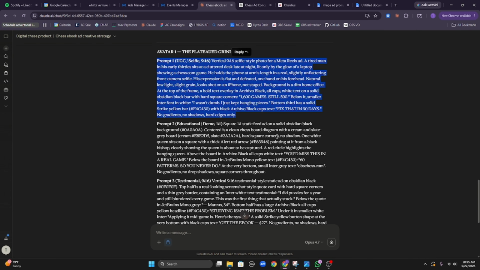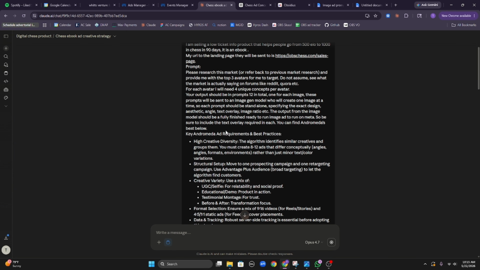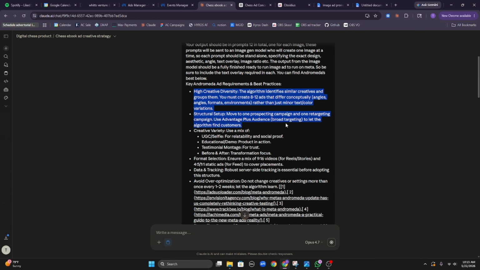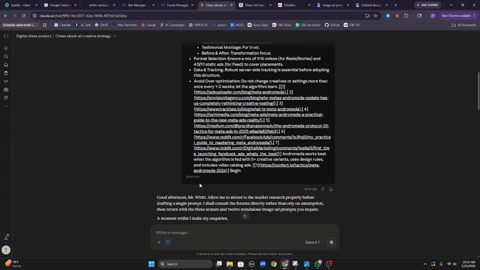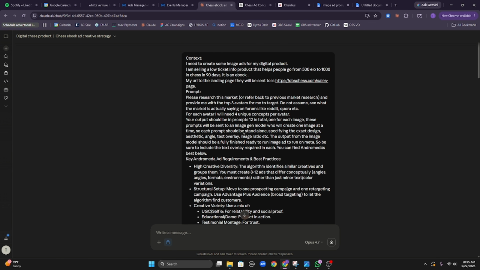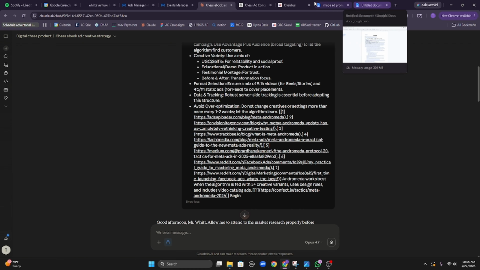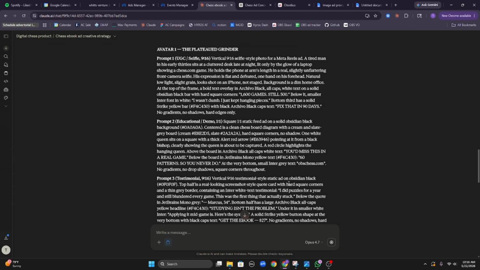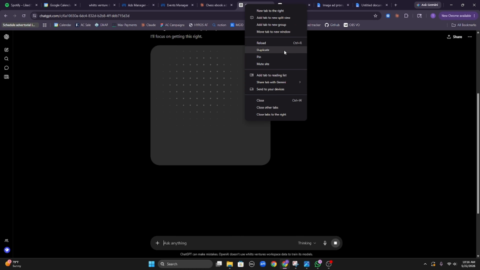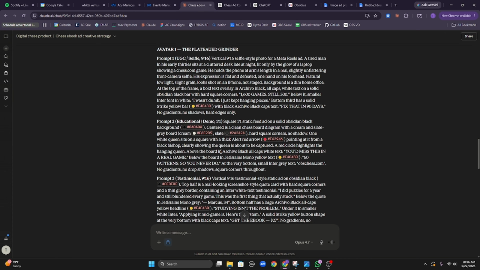And again, this original prompt here also has all the Andromeda specs in it, all the Andromeda best practices or the Meta best practices, and it has all the links for everything here. So again, I have a copy of it here, but it's also linked inside of the free school group there. Now, when ChatGPT is creating this, let's just duplicate this tab, open a new chat, and let's grab